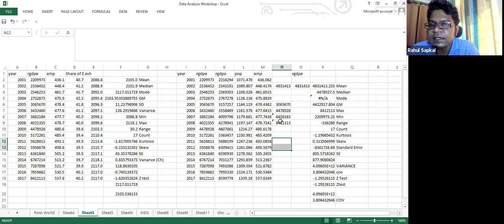Okay, now this is the last value in the first quartile. This is the last value in the second quartile. This is the last value in the third quartile. This is the last value in the fourth quartile. Now you can actually take the difference, for instance, the difference between the first and third quartile, or maybe between the first, second and fourth quartile, because it will tell you how uniformly your observations are distributed.